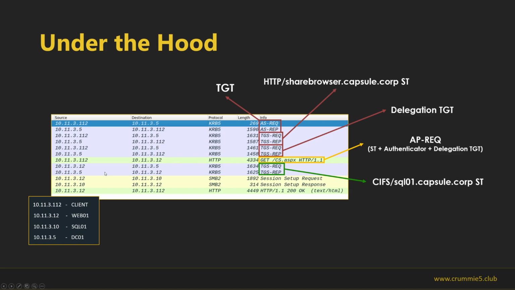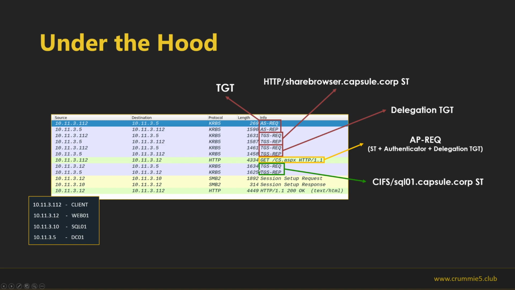Then the service, we can see that this is between .12 and .5. .12 is web01 and .5 is DC01. So we can see that the service will try to list the shared folder that is located in SQL01.